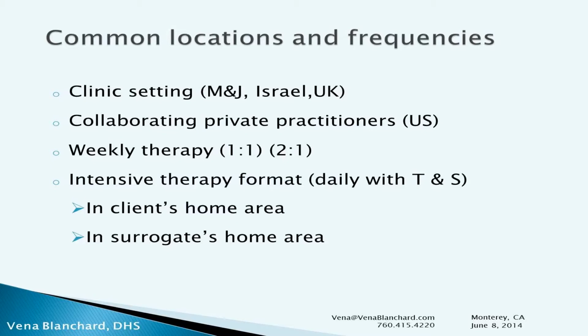It can happen in a weekly format, which for some clients means every other week. For some clients it means a couple times a week, but it's typically a one-to-one therapist-surrogate session ratio, or 2-to-1,